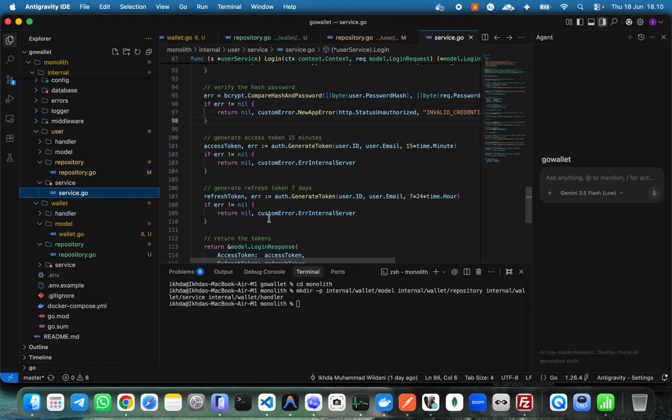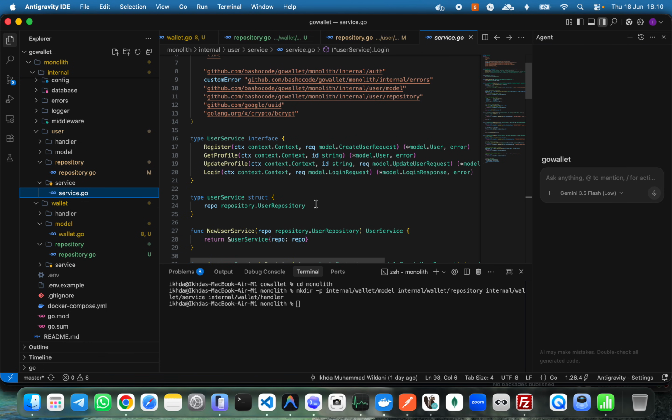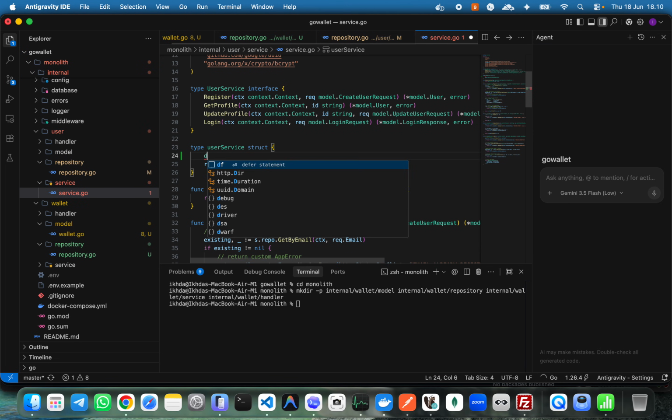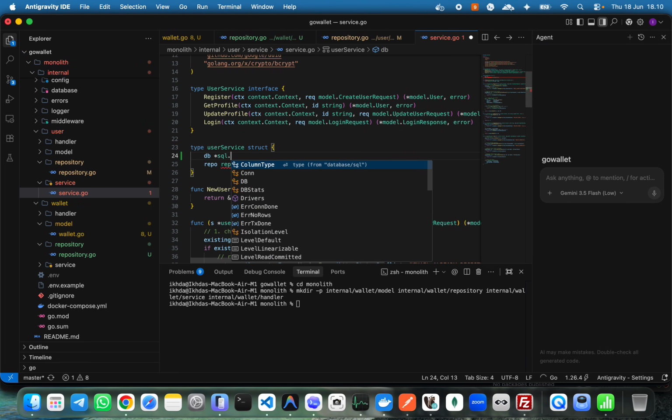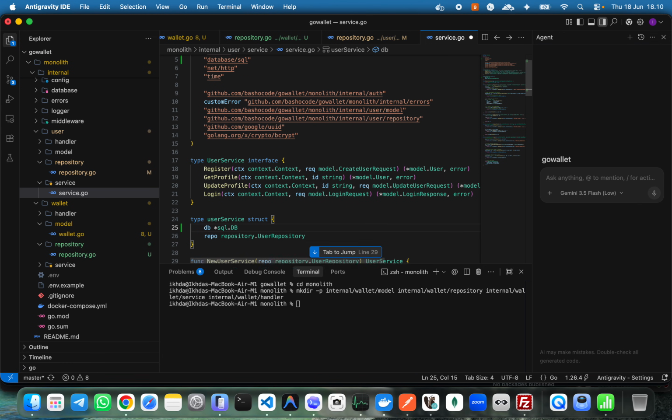When we open the transaction, we need access to the sql.DB, so we are adding sql.DB directly to the service. Okay, now what we are going to do is in the service.go, the user service struct, which is this one. I add the DB, sql.DB, and this repo is